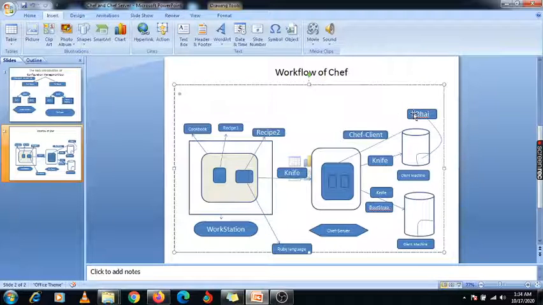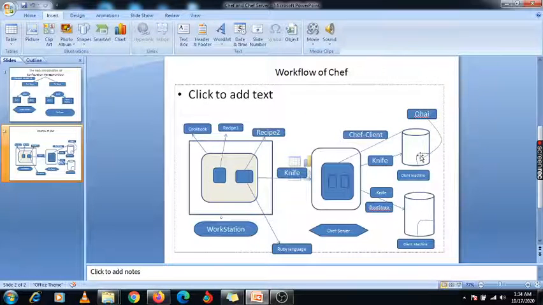That data is nothing but your Ohai, right? It specifies the system configuration, whatever the RAM configuration, CPU configuration, your host name related information, your OS related information. All this information is reflected under your Ohai. So this is nothing but the database of your client machine, and under this Ohai all the metadata is available, right?